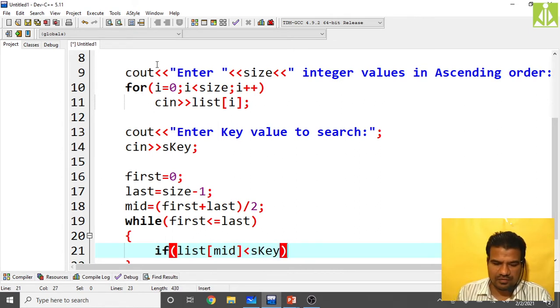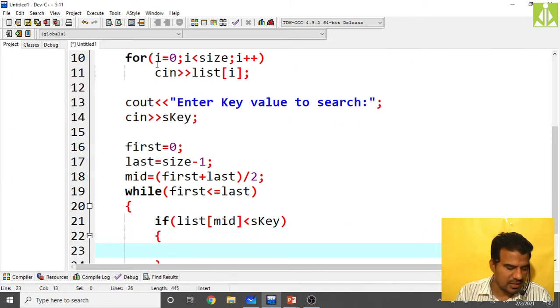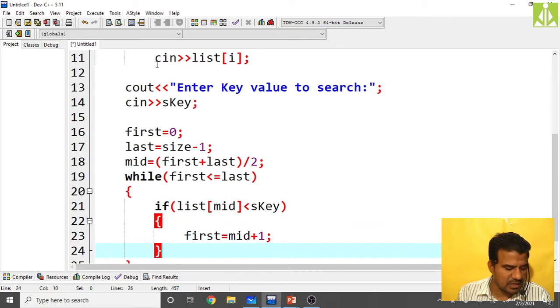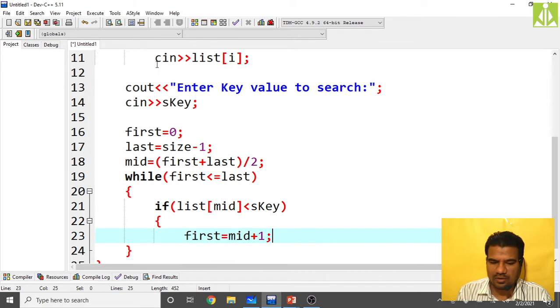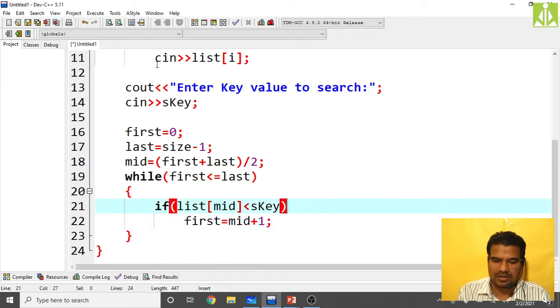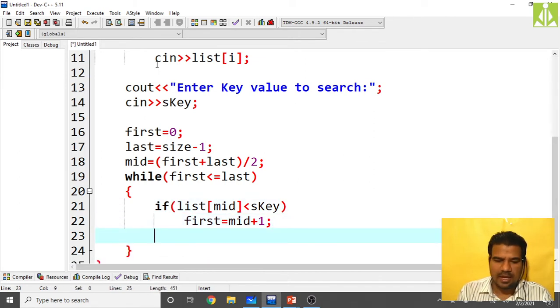then what I have to do, make the corrections. First equals to mid plus 1. As I said, first always we modify like this. Else if, remove this one, as we have only one statement over here, no need to take this compound statement.